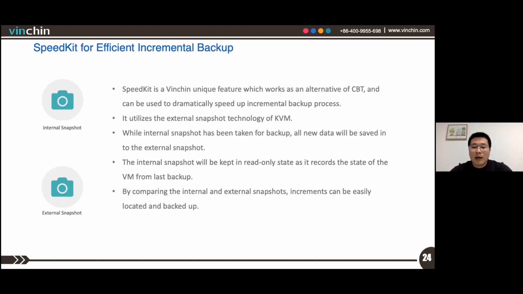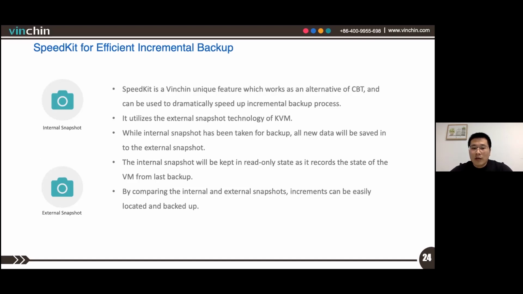While an internal snapshot has been taken, it will be kept in read-only state to record the current state of the virtual machine. All the new data will be saved into an external snapshot. So the next time you run an incremental backup, by comparing the internal and the external snapshots, the increments can be easily located and backed up.